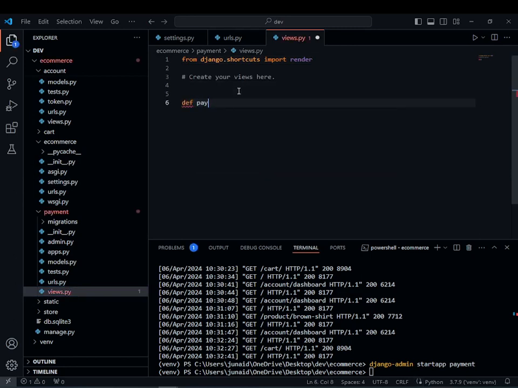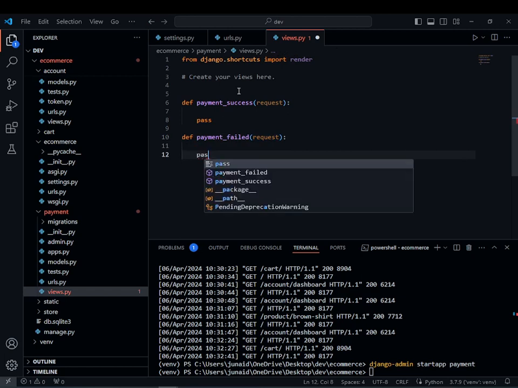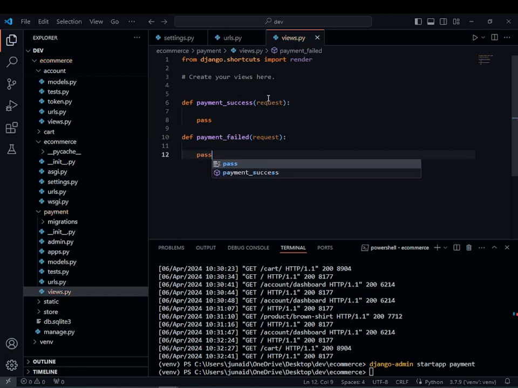First is payment_success, and we are going to use pass as a placeholder so we don't get an error. After that, payment_failed, and just use pass. So now we have to configure our URLs in our project settings,